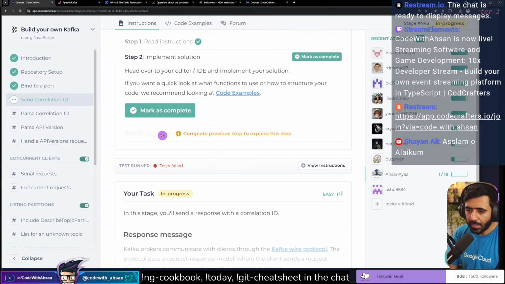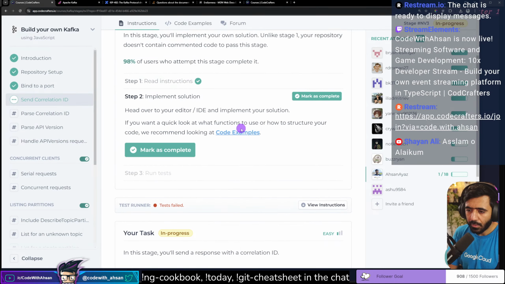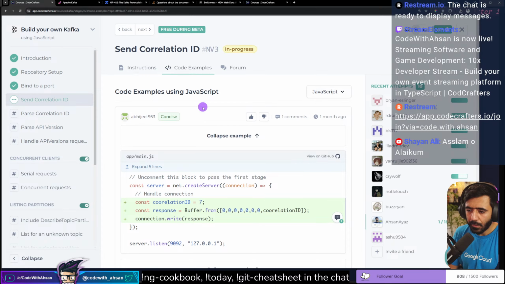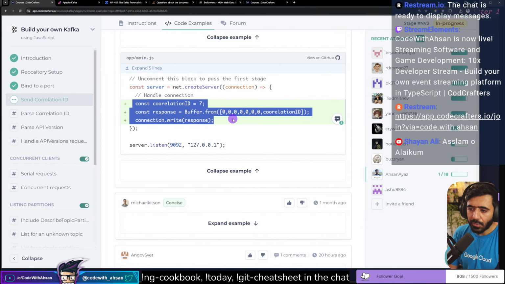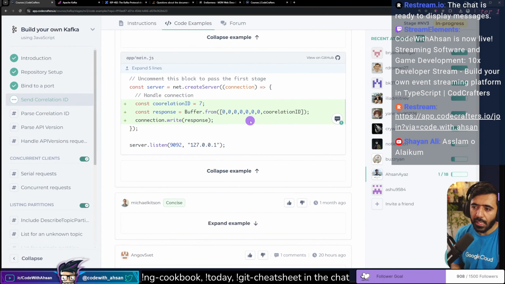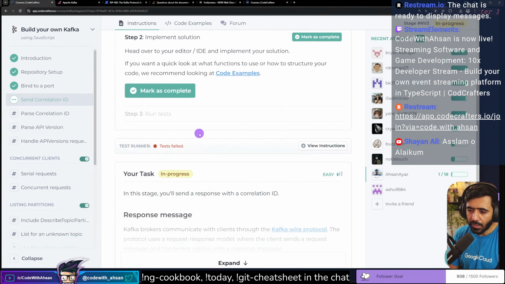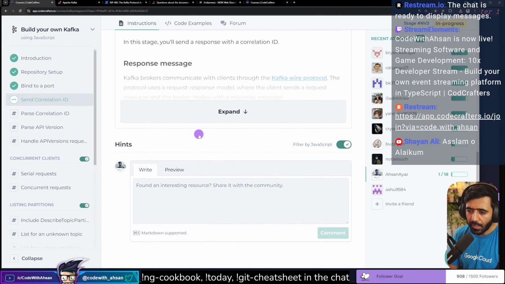And then we can run the test. Good. And this also depends on, for example, the level of the language that we have set. Since I've said expert, they would not provide a lot of code for me in this case. Anyways, we have the correlation ID, and then we have the Buffer.from, and then we also had the message length as well. So in here, we did have a look at